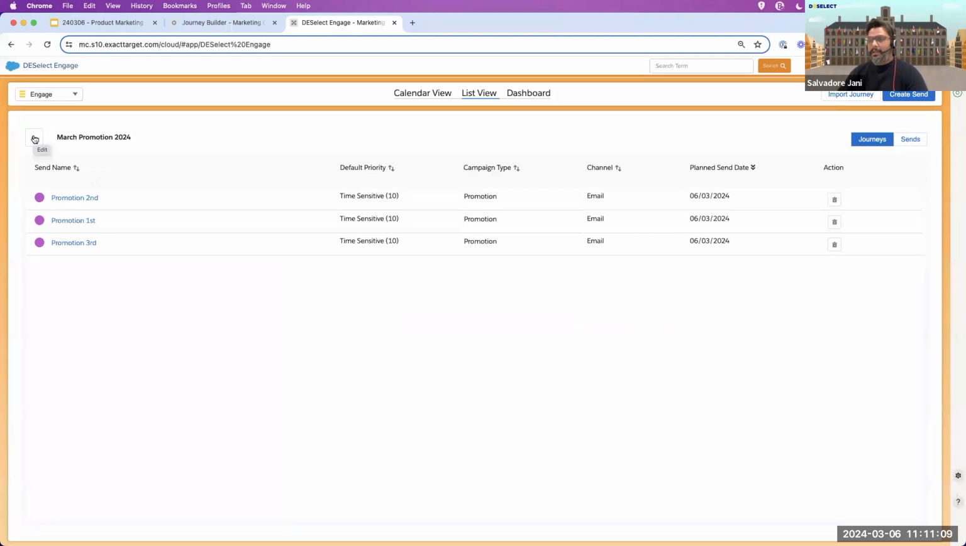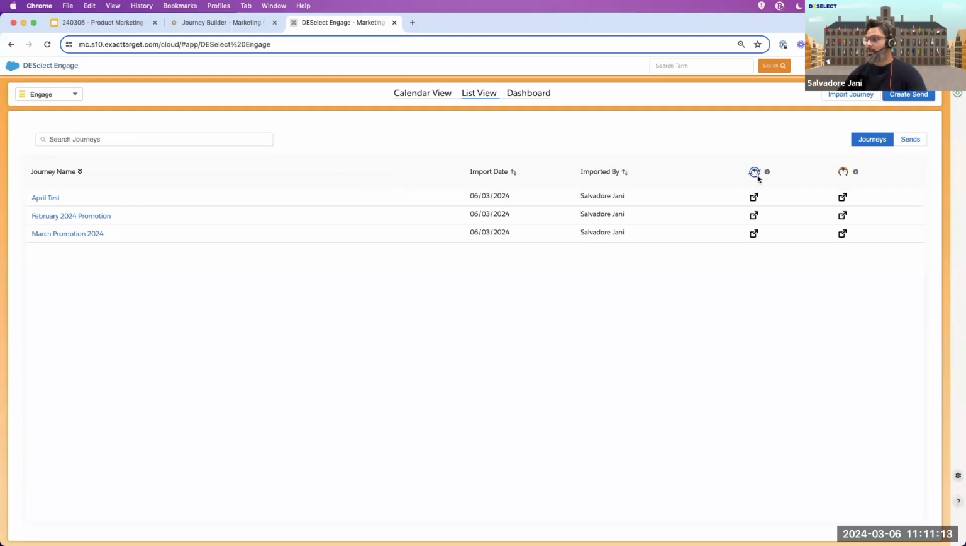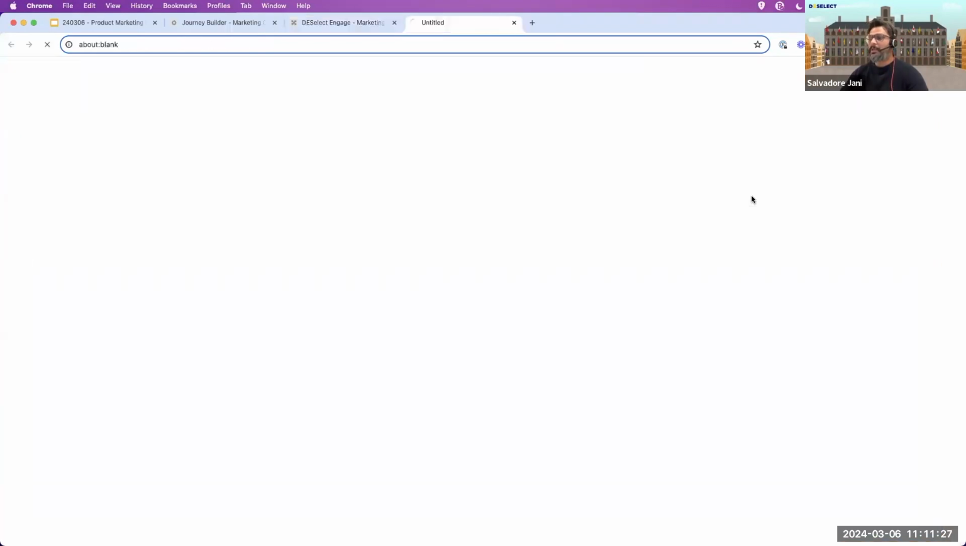At this stage, then, I want to go back to the journey overview page because you saw two different penguins, a blue one and an orange one. I just want to very quickly explain what happens when you import a journey. If you click on the links provided under the blue penguin, it will take you to,